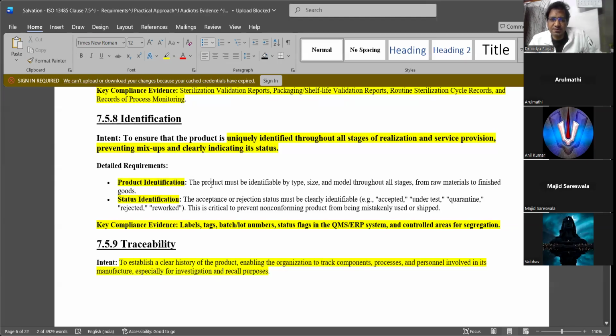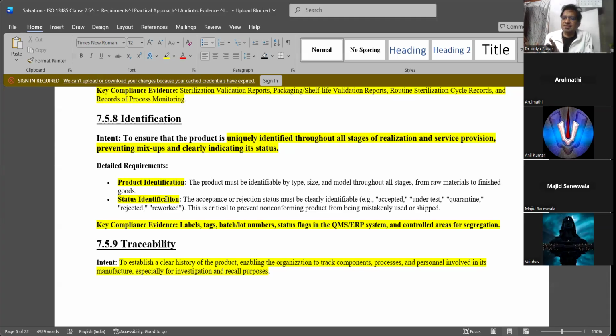If you are failing to identify your product from raw materials to finished product, or from finished product back to the raw material, either way, I think you will get a major non-conformity. Status identification is whether it has been rejected or accepted, or you are going to rework it, or you are going to repair it if it is machinery.